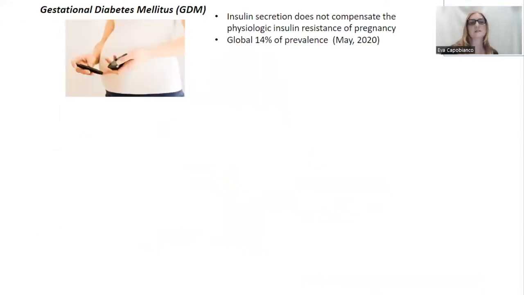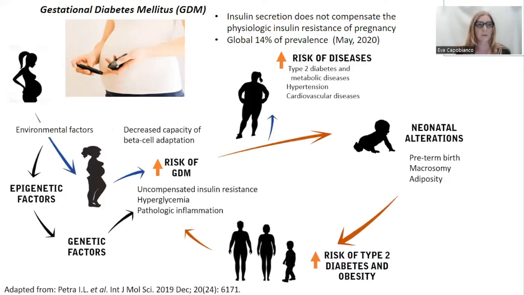Another type is gestational diabetes mellitus, which occurs when insulin secretion does not compensate for the physiologic insulin resistance of pregnancy. It is important because it has a high prevalence, around 14% all around the world. Several environmental factors lead to epigenetic changes that combine with genetic factors and increase the risk of GDM. Women who develop GDM have a high risk of developing diseases later in life, as well as the offspring